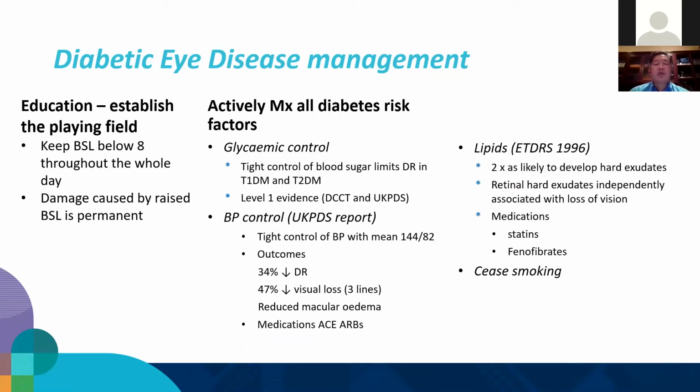You also need to actively manage all the diabetes risk factors. So besides sugar control that I mentioned before, you also need to monitor the blood pressure as well. And if that starts to go off, you may also need to look at their renal function. Lipid control is also extremely important as well. And there are a number of medications that help with that. And obviously, if the patients are smoking, they need to cease straight away or get them involved in some sort of program to get them off their smokes, because we certainly do know that all these things accelerate the development of diabetic eye disease.